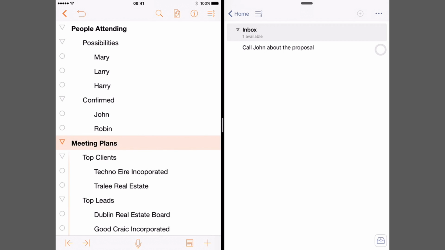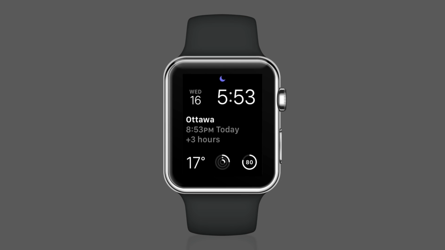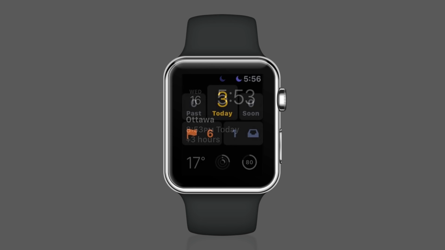were running full screen. OmniFocus 2.7 for iOS also includes a new version of the OmniFocus for Apple Watch app that has been completely rewritten to take advantage of significant new functionality introduced in watchOS 2. The first thing you'll likely notice is that OmniFocus for Apple Watch is much faster. It's now a native watch app, so it doesn't need to constantly communicate with your iPhone. There are also a variety of ways to keep key data such as due and flagged items in plain sight